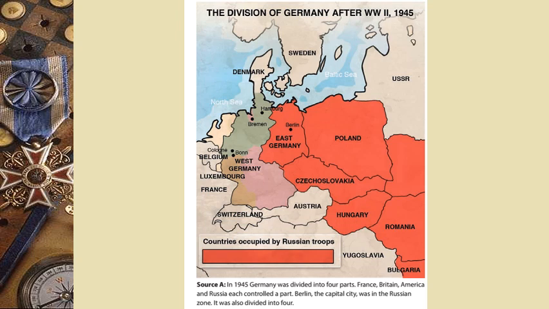If you recall from the previous lesson that I gave you, I said that an Iron Curtain basically divided Eastern Europe and Western Europe. So the eastern side of Europe eventually fell under communist control and the western side of Europe fell under capitalist control.